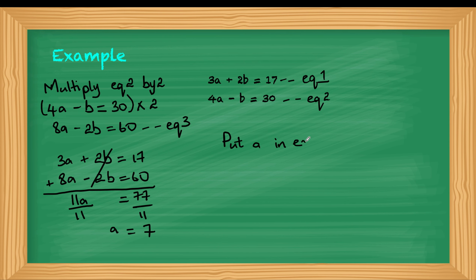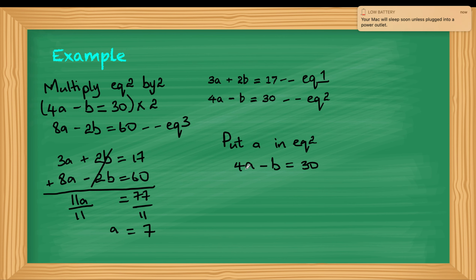As I said, whichever one, it should give you the same. So if you don't get the same for both of them, something is incorrect. Alright, so for equation 2, it's 4a minus b is equal to 30. And we want to get b by itself, so we can get rid of 4a, right? And because 4a here is at the front, to get rid of it, we would have to subtract, right? So when we subtract 4a